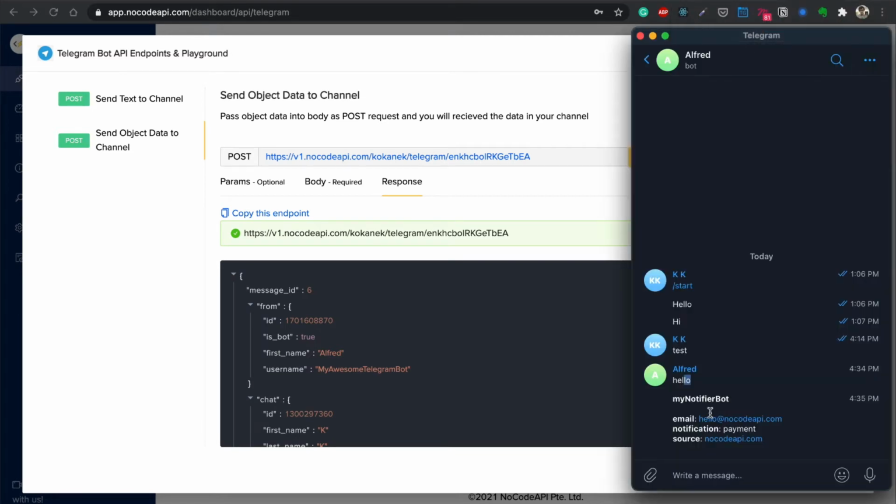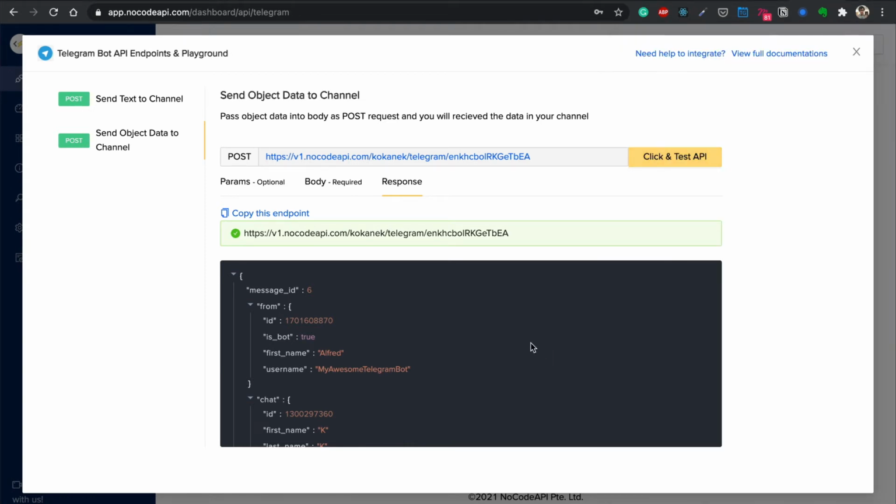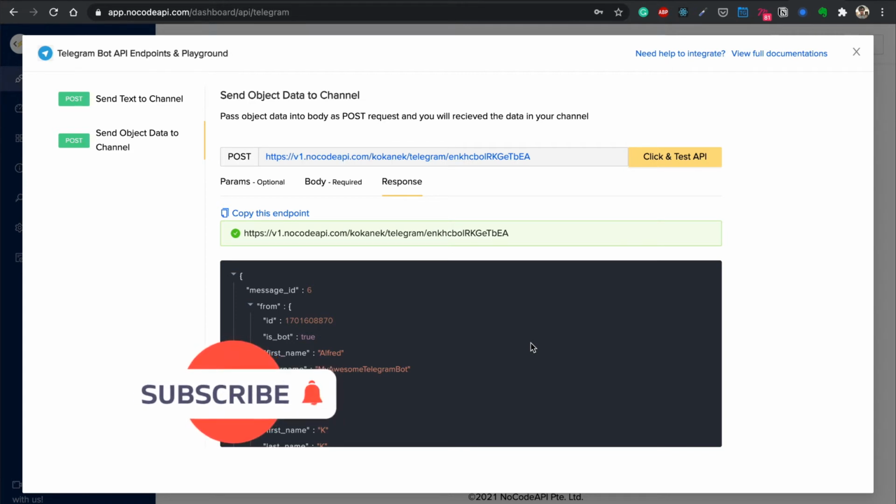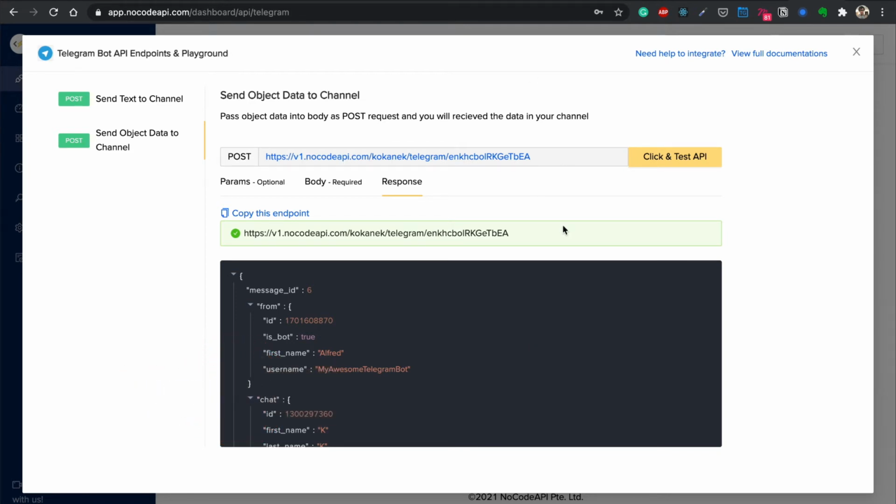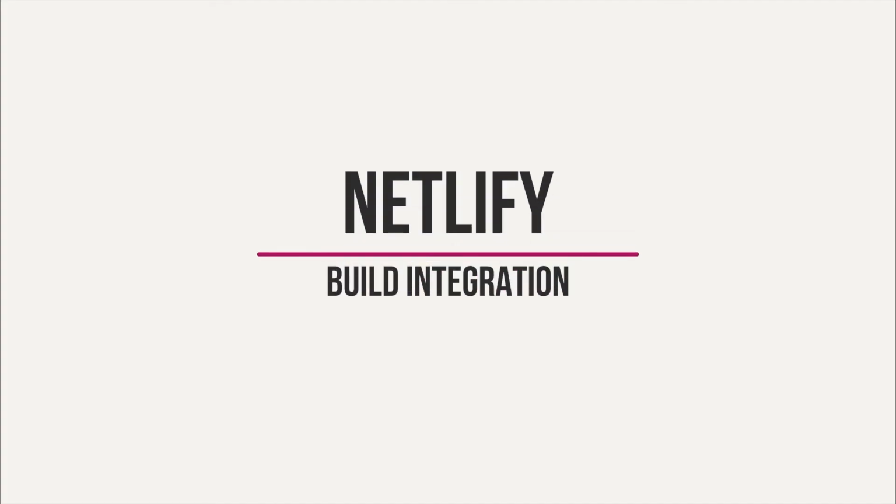Here is how triggering that endpoint would work, and this is the kind of message that we would see when that message is sent. Now that we know that triggering messages on our bot is as easy as calling a post endpoint with some text, we can try to put it to some actual use. We'll integrate the API into our Netlify build process so that a bot message is triggered on every build start, build success, or failure. Let's check how that can be done.